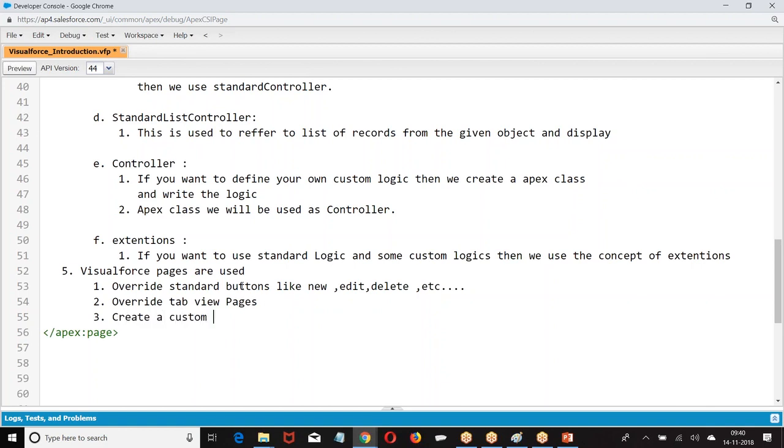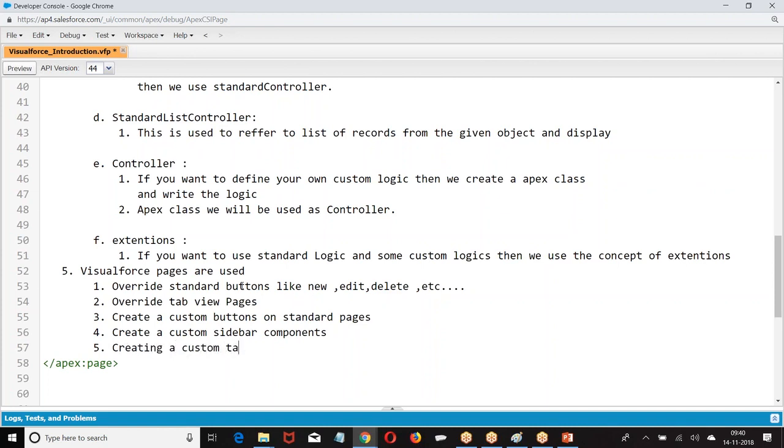Create a custom buttons on, create a custom sidebar components, custom tabs, adding the on the detail page of.